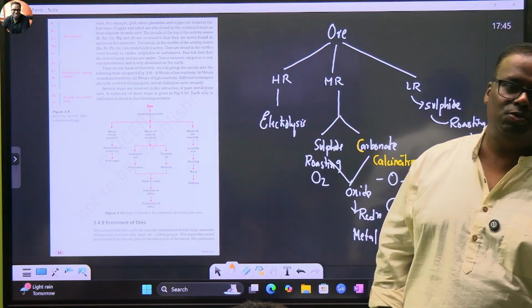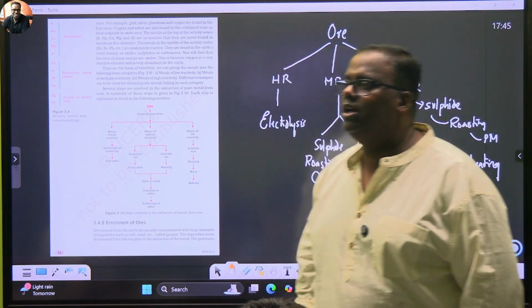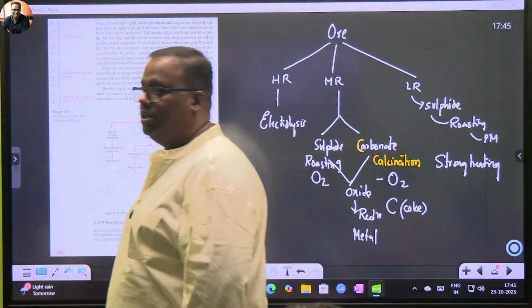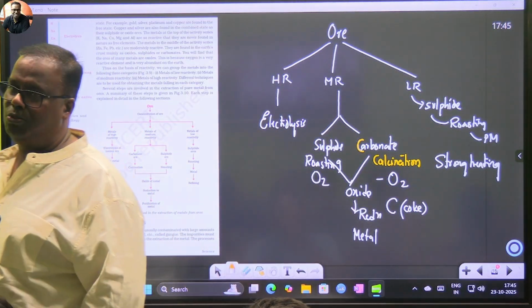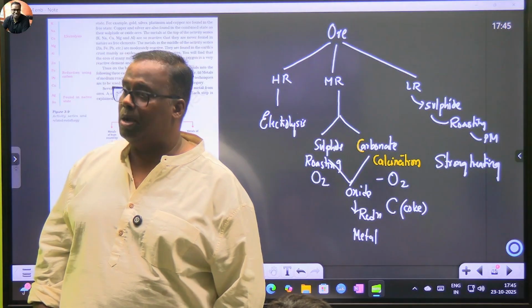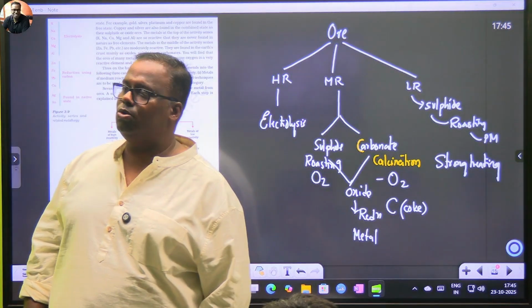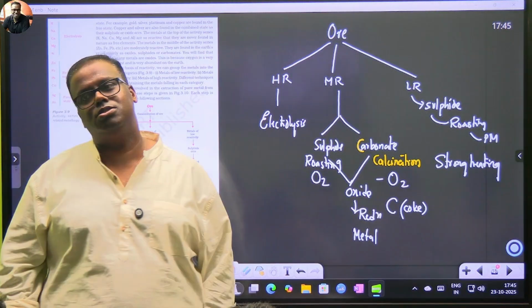In our syllabus, we will encounter either a sulfide ore or a carbonate ore. Carbonate has a C, that means it goes for calcination. The other one is roasting, which is allotted to sulfide. Both are strong heating. Calcination, absence of air. Roasting, presence of air. How do I remember? All chicken roasts are prepared in the kitchen. The kitchen has oxygen, so oxygen, yes, chai.